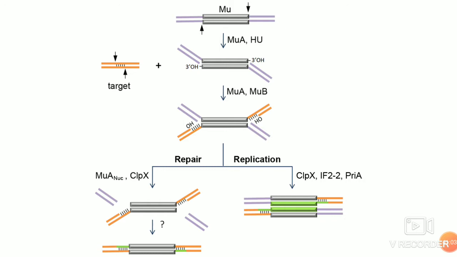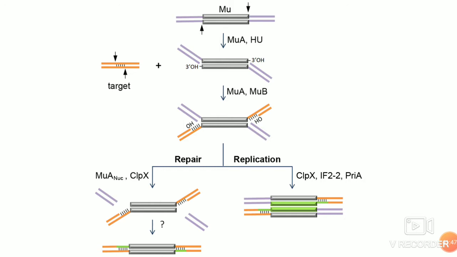So when the repressor RepC is inactivated, both DDE recombinase MuA and the target DNA activator B, that is MuB, are expressed. MuA is a part of the transposome complex, which performs the recombination between the viral genome ends and the host DNA. The viral host DNA structure is resolved by target primed replication, leading to two copies of the viral genome.